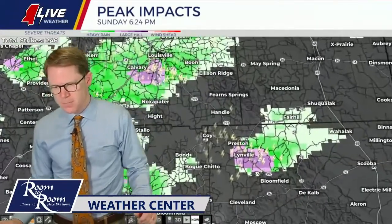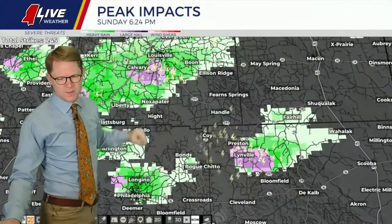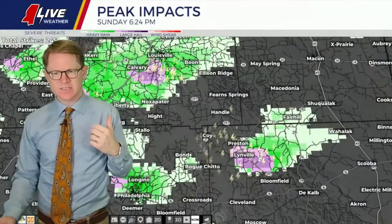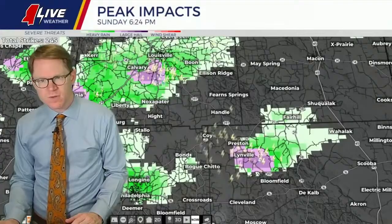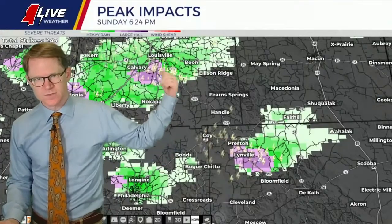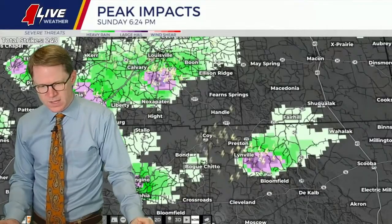I show some light purples to maybe medium purples on here. Purple means large hail would be the peak impact. The idea on this is this will show you for any specific spot. Fairhill, it says light rainfall is the most significant thing you'll see. Louisville, it says that on really Midtown up north, but it gives you what is the kind of worst case